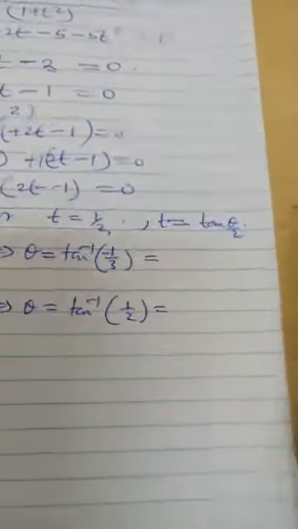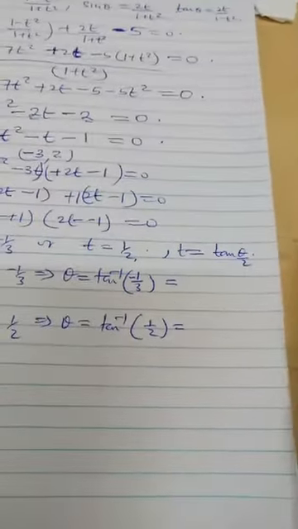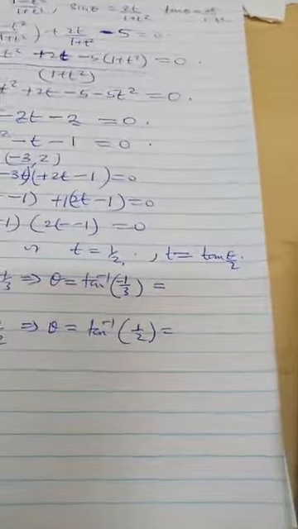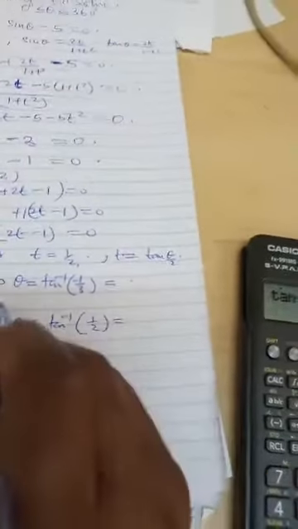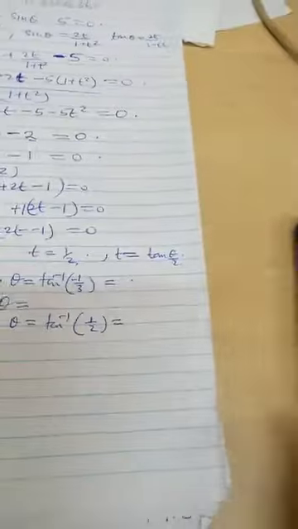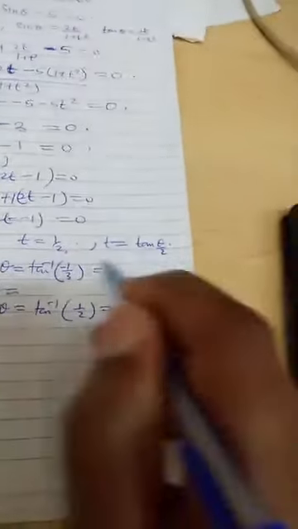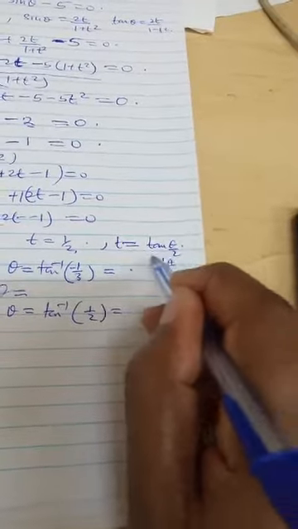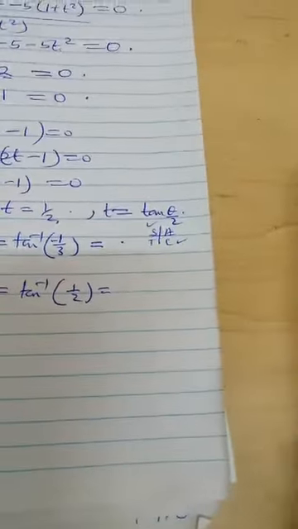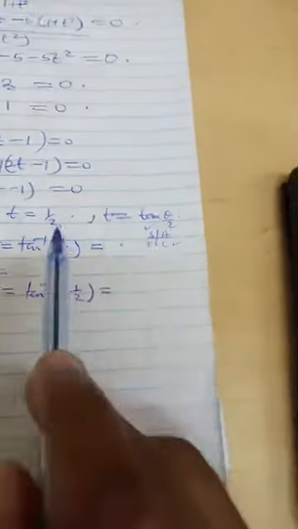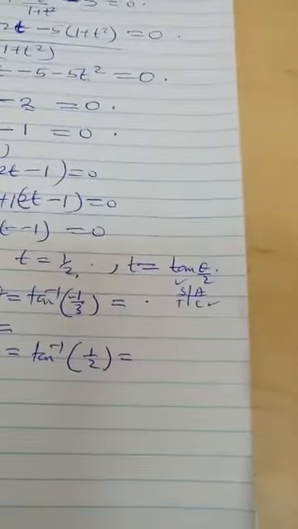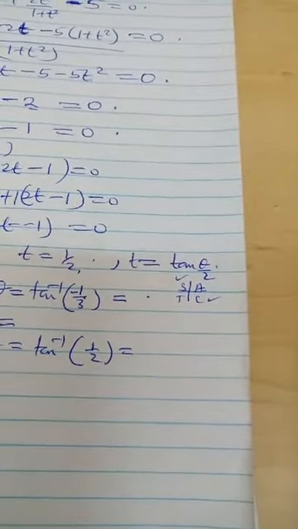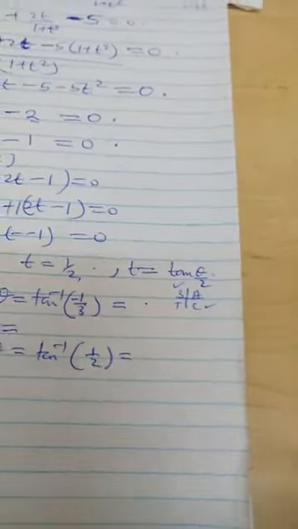Ensuring that your calculators are in degrees mode, we can look for these angles. I'll start with this one and get my theta values. The range is 0 to 360. Since this is a negative, it tells you that it is in the second and the fourth quadrant for this one. So we get the first angle, for negative a third, and the first angle is negative